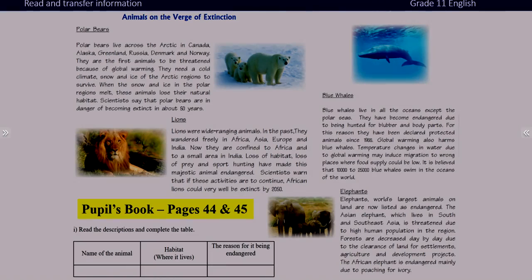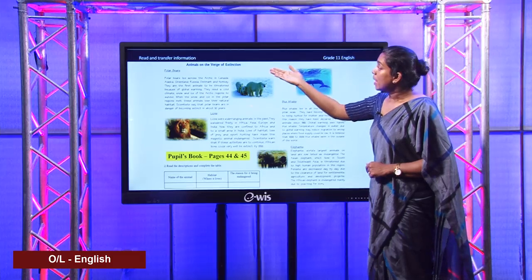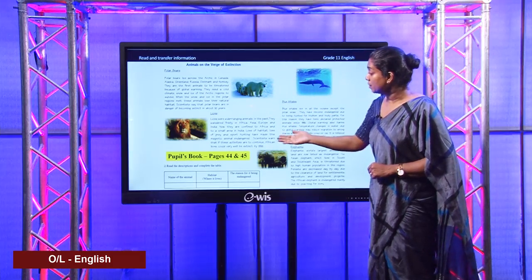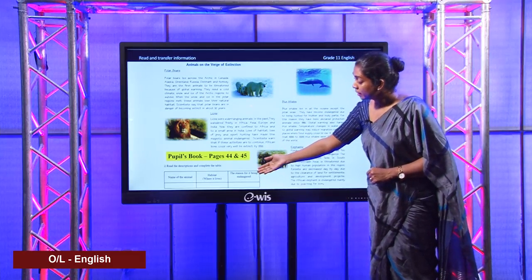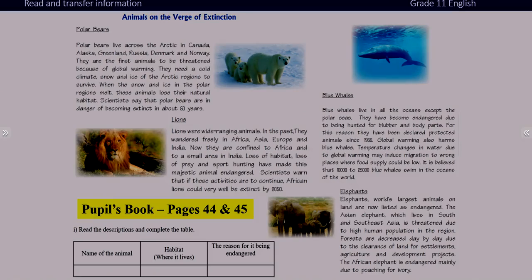Now children, let's do another interesting activity related to transferring information. This activity must be familiar to you. This is taken from your textbook, from pages 44 and 45. You find 4 animals in the picture. By reading the descriptions about these animals, you have to fill the grid given below. The grid has to be filled with the name of the animal,